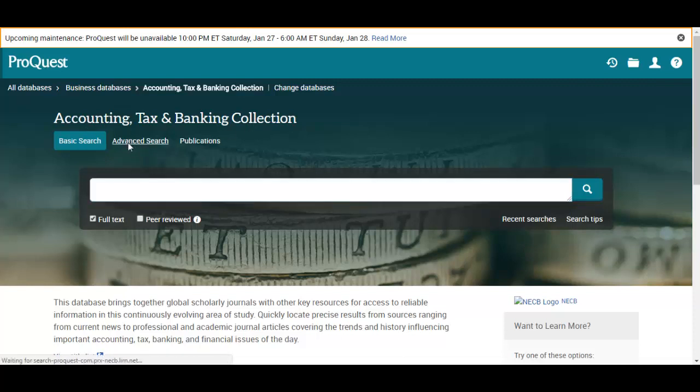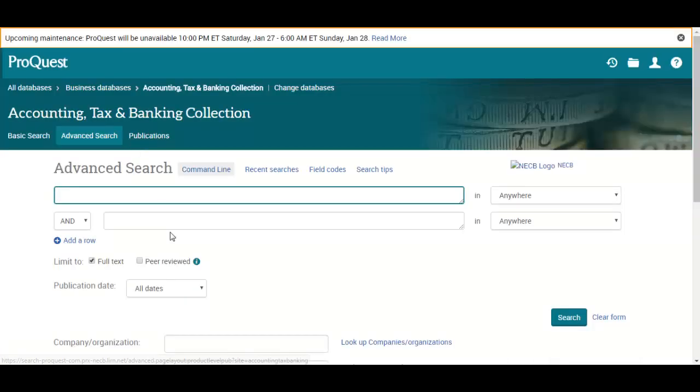Click on Advanced Search, and you can run a search just like I showed you with FASB and real estate or whatever topic you like, but you'll be doing it just within the accounting collection of journals. So that's an even more specialized and perhaps a more effective way of doing research if you can find a database within ProQuest Central that is for accounting or whatever topic you happen to be interested in doing research on.